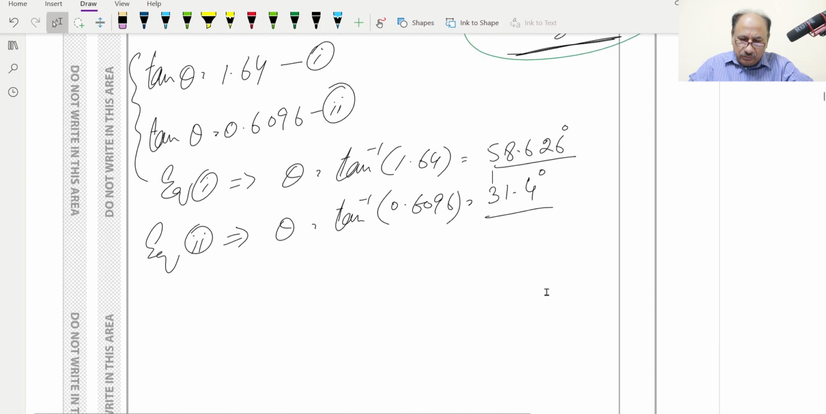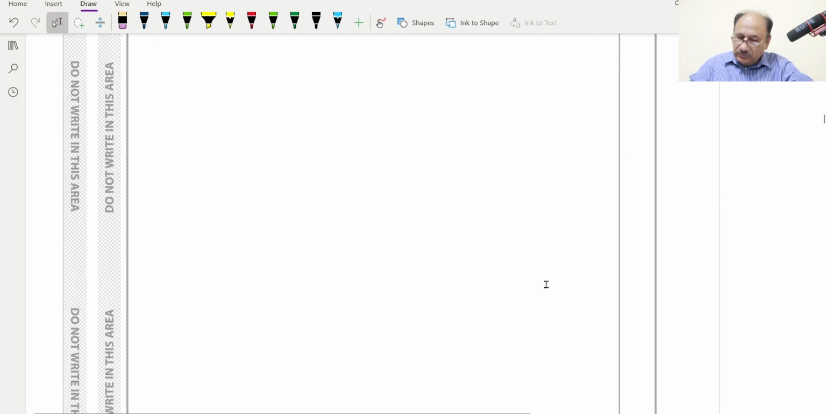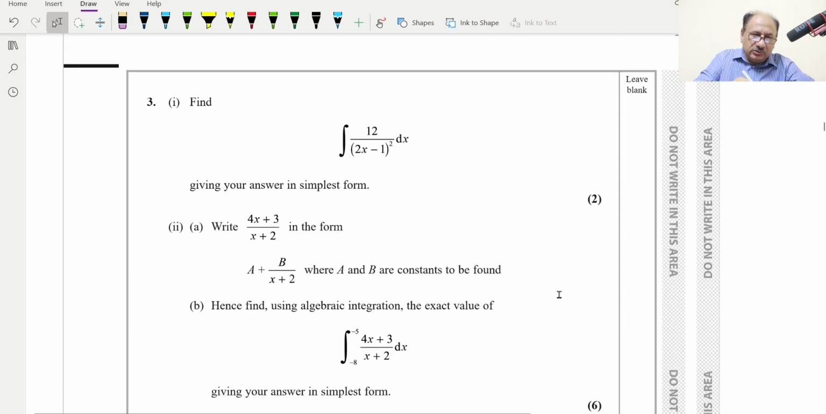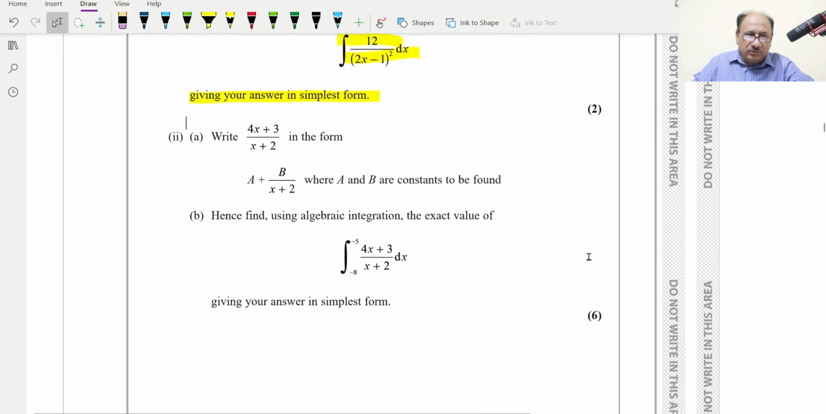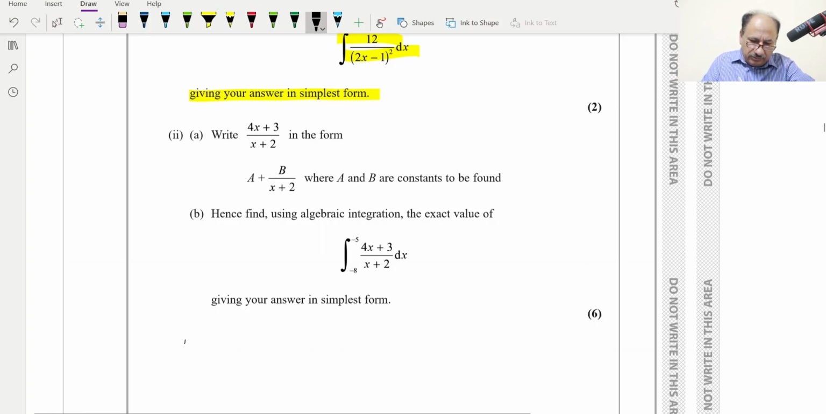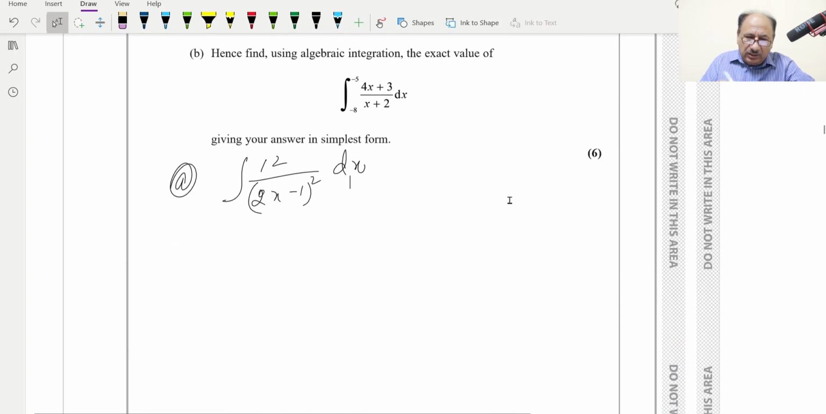Now we can move to question number 3. Question number 3 is about integration. So find this integral, giving your answer in simplest form. So in simplest form we have to provide the answer. What will part A be? Part A is the integral of 12 over (2x minus 1) whole square dx, and this one we can rewrite it